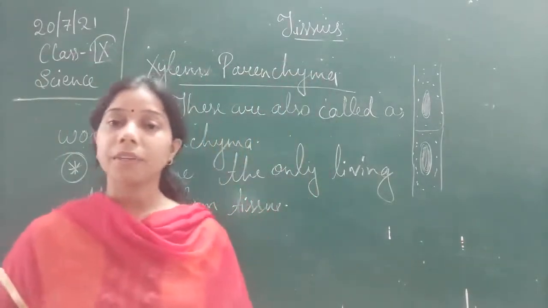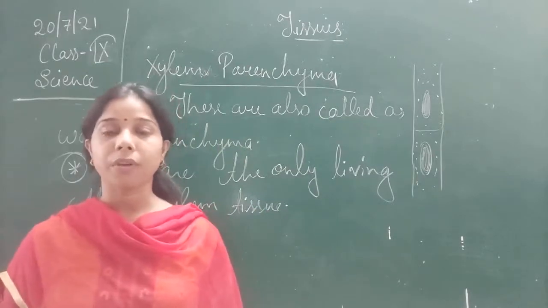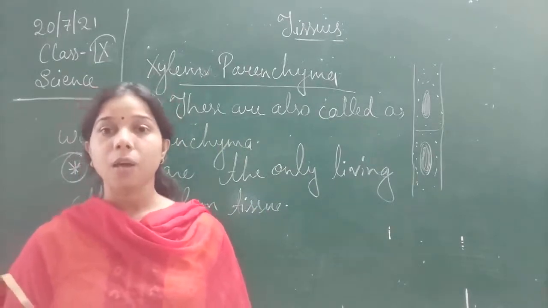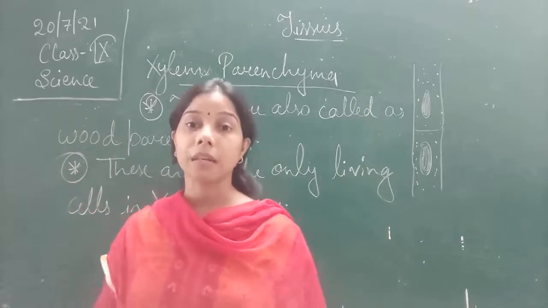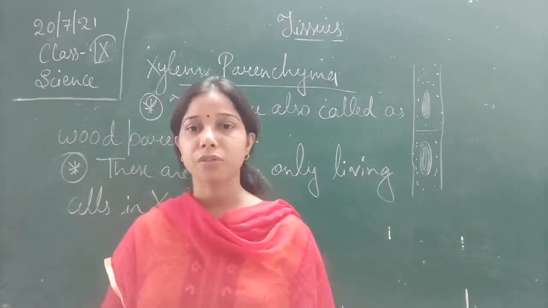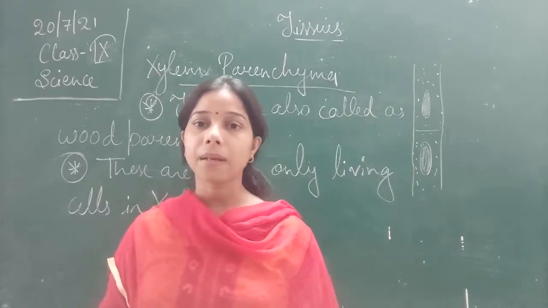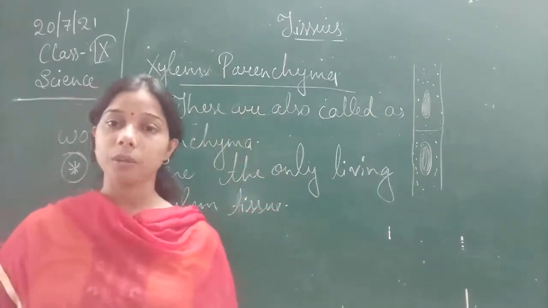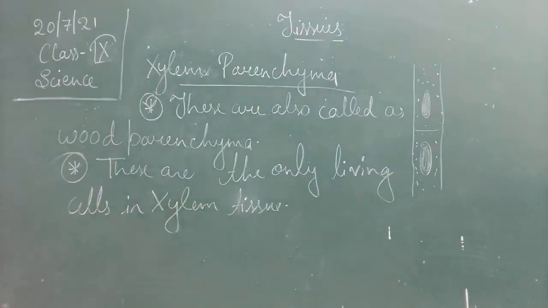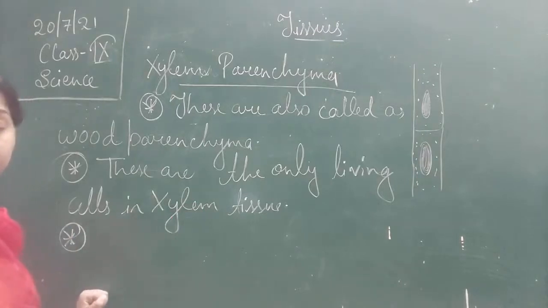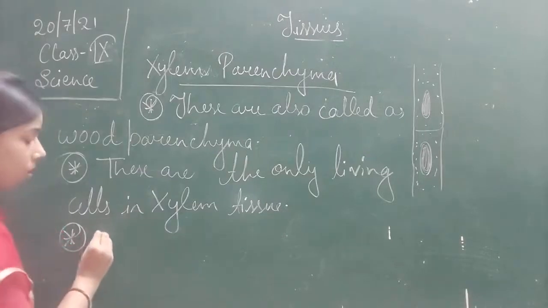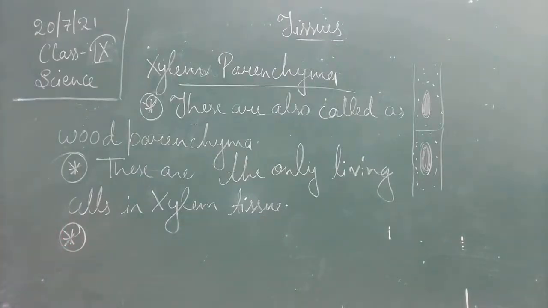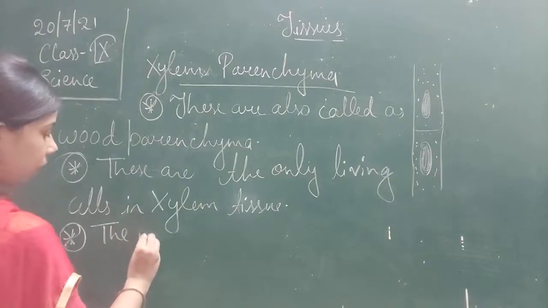You see that when we looked at the xylem fibers, the tracheids or the vessels, all three were what? They are all dead cells. They do not have a nucleus or a cytoplasm. But the xylem parenchyma is a living cell, and that is why it is written that these are the only living cells in the xylem tissue. Then what is the main function? Obviously if it is living, it will help in storing food. So the main function of wood parenchyma